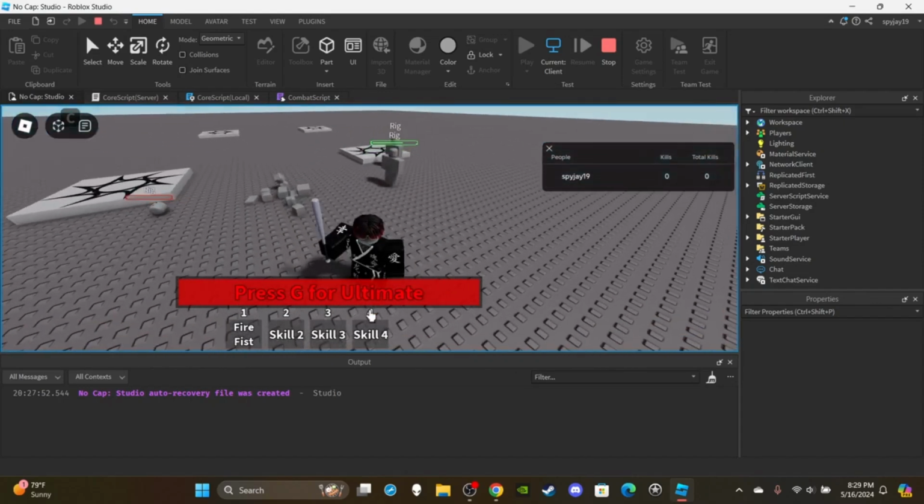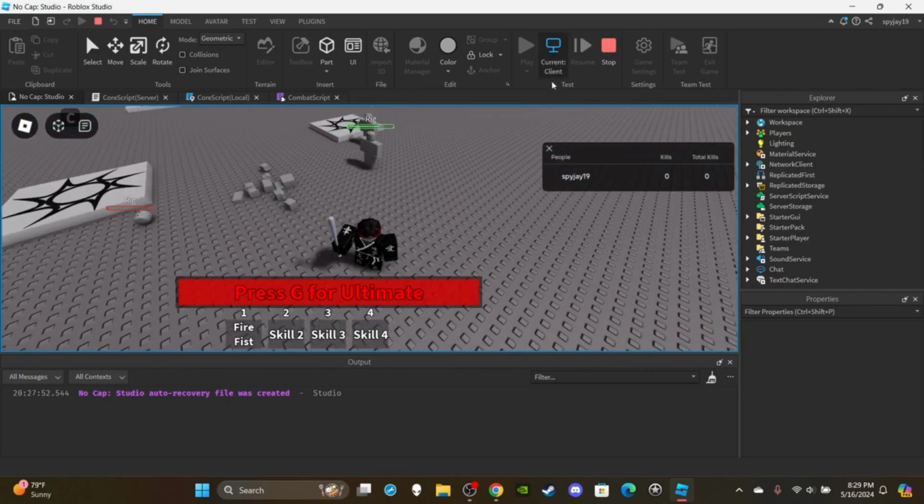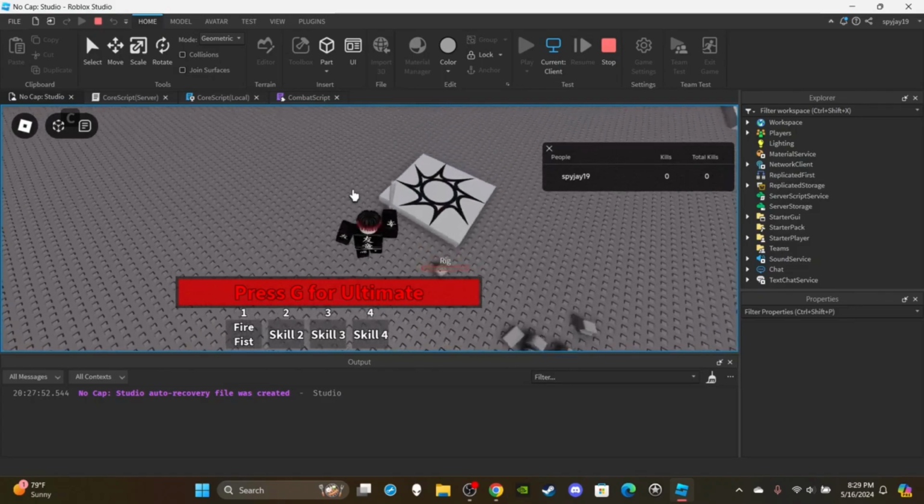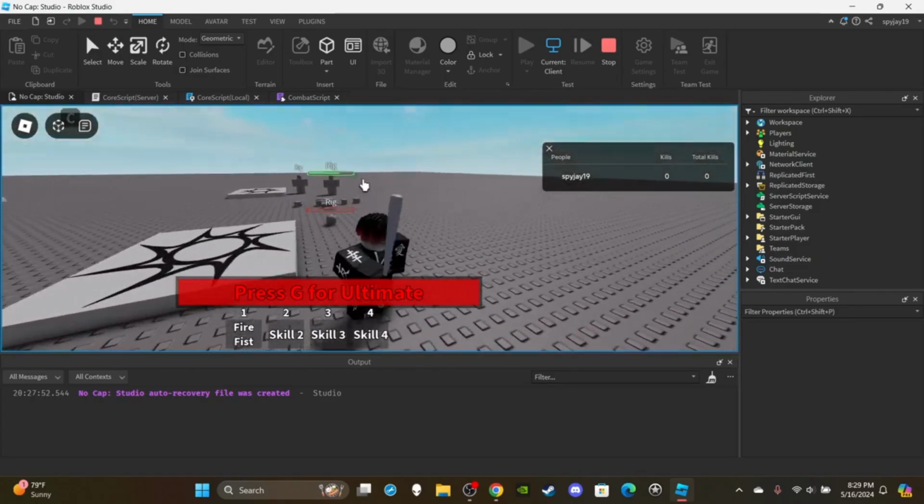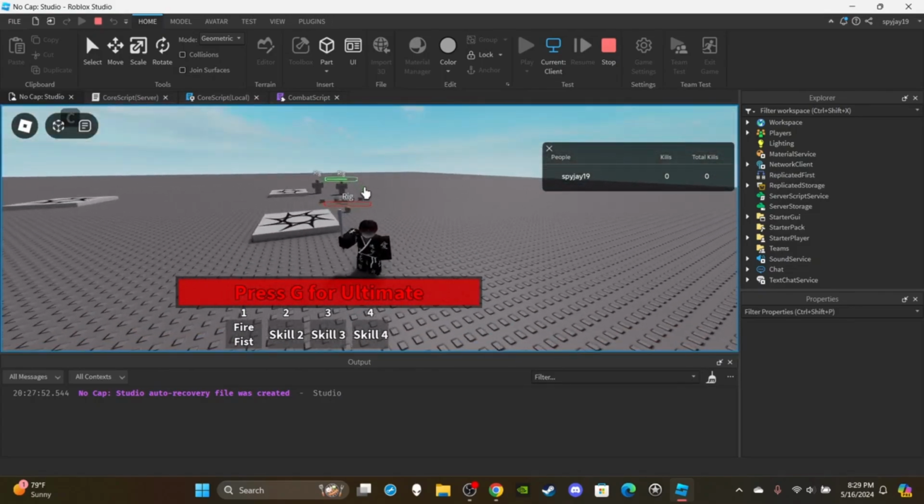Press G. Oh, I did that wrong. Sorry guys, it's supposed to be, the text color is supposed to be black. Yeah, that didn't really make sense. But anyway, it's honestly fine. So if I press G for ultimate,